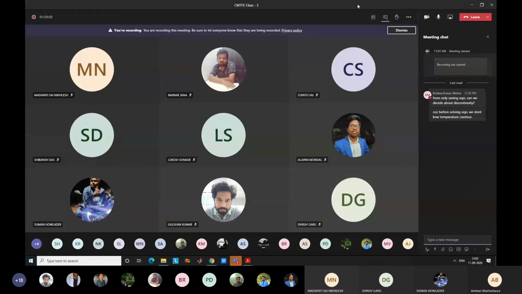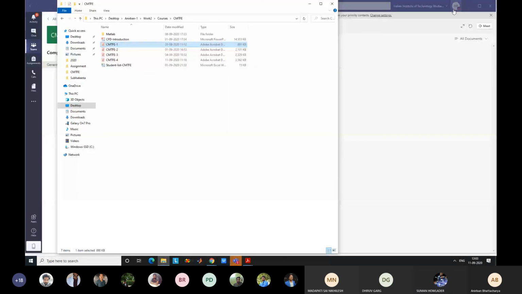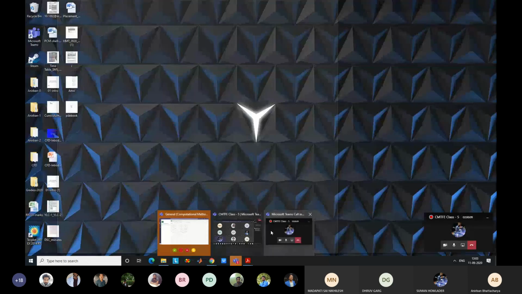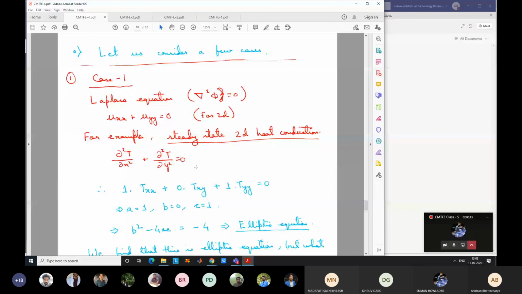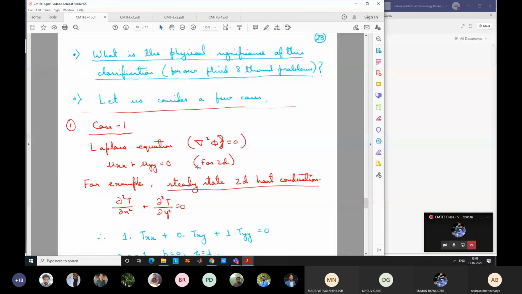Okay, actually, this time concept is somewhat tricky. We say that it takes no time to propagate the information, but actually for a steady state problem anyway there is no time, right? What should happen is that if there is a perturbation, the entire solution should change with respect to that perturbation. So that's why we are saying that if there is any change anywhere, any disturbance, it should be immediately felt at all the other points. So we are giving an analogy in terms of time, but there is no time actually involved in this equation. In the steady state equation, there is no time that is involved.